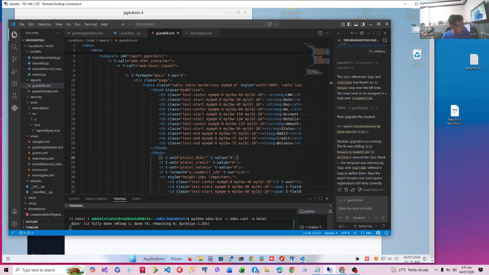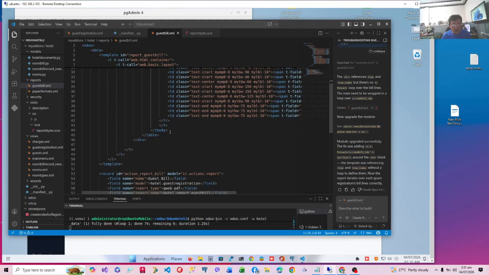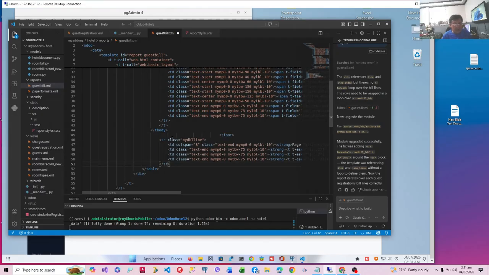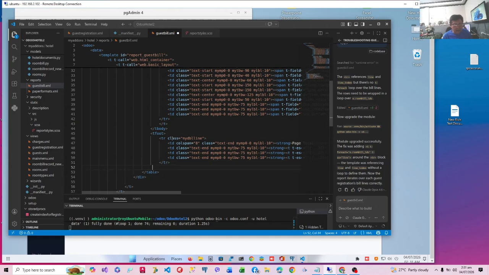Before we compute, let us put the footer. The first line in our footer, let me just copy the T foot. The footer should follow the body. So if we have this body, we have to follow the footer after the body. And let's not forget the T foot end tag, because obviously that will cause us troubles again.